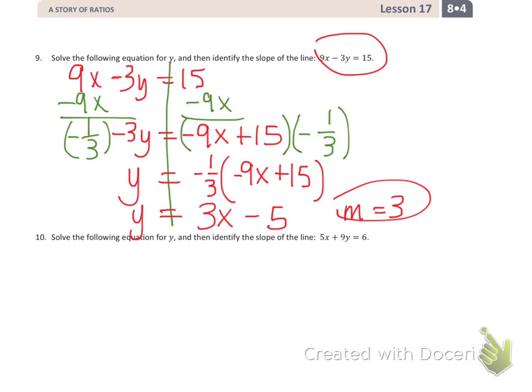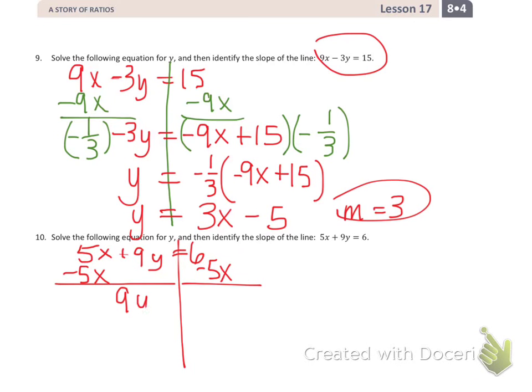All right, here's another one. Solve the following equation for y. Identify the slope of the line. So we've got 5x plus 9y is equal to 6. I'm going to subtract 5x from both sides, and I get 9y is equal to negative 5x